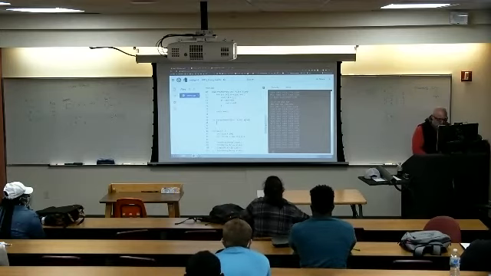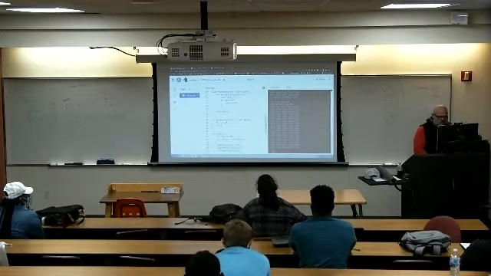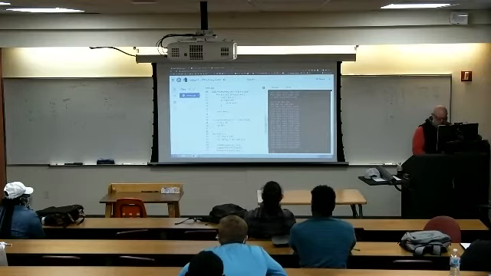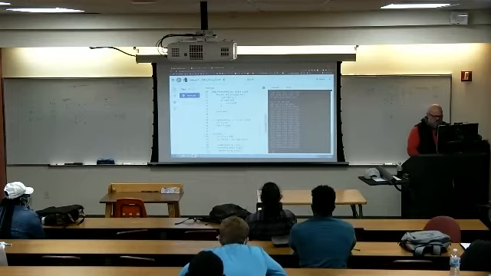We need an integer left is equal to 0, integer right, we use capitals so they'll read better. Right is equal to size minus 1, to get started, and then integer M is equal to